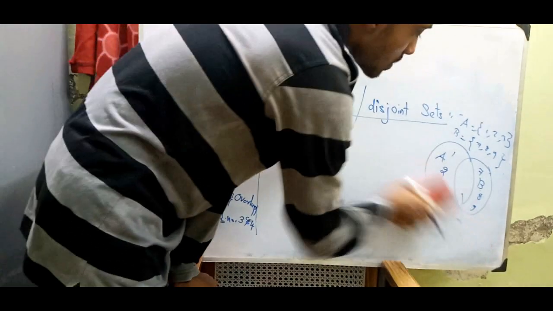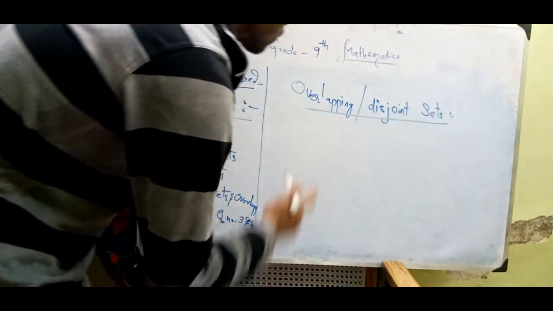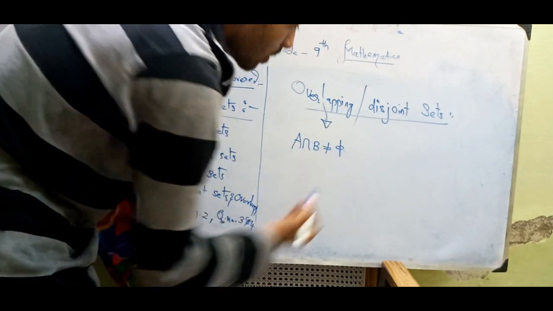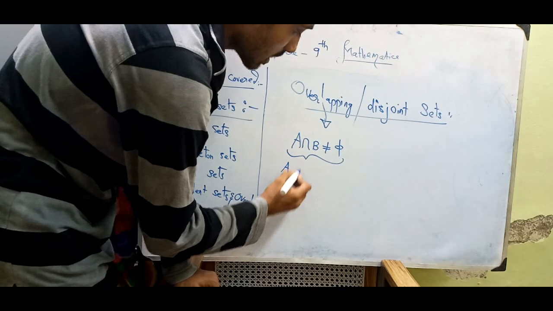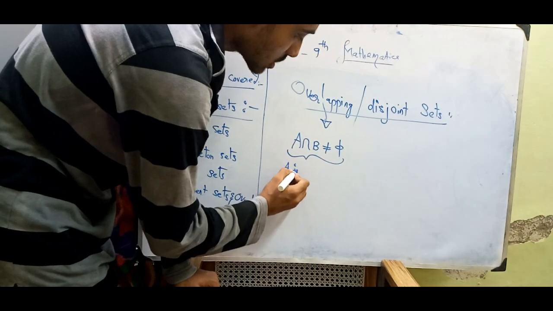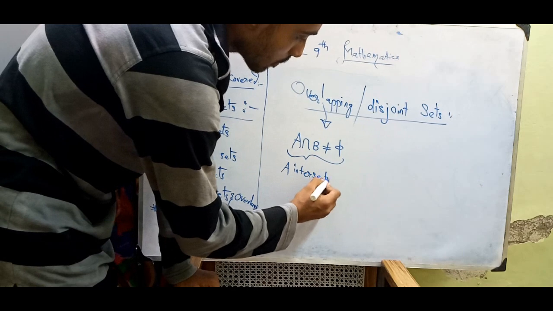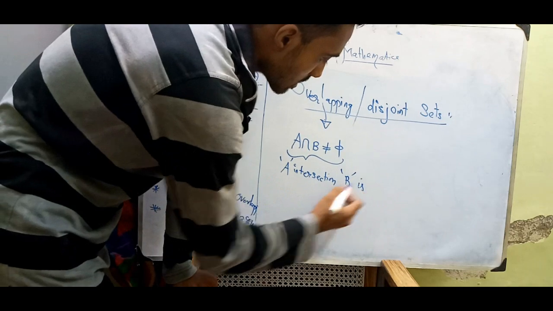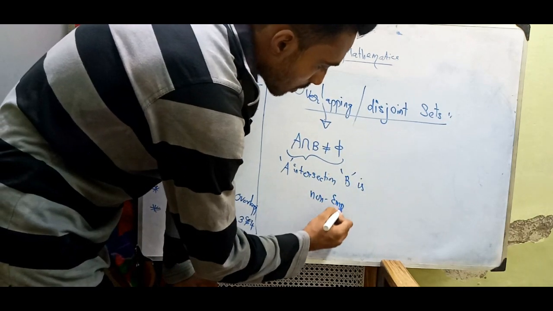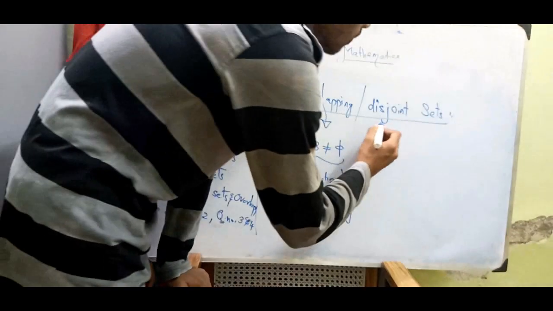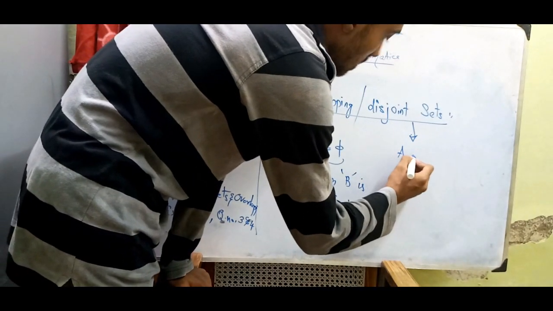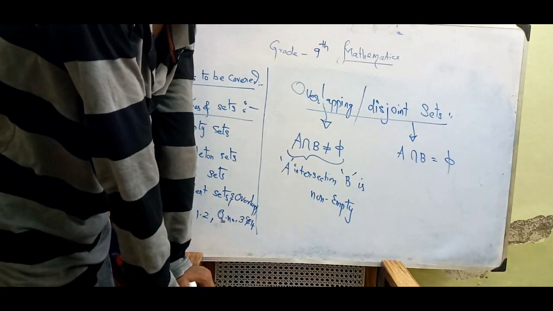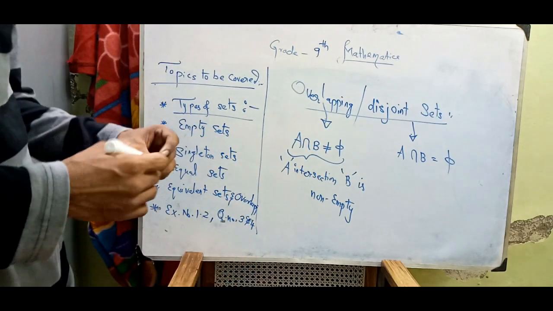And there's a symbol which we use to denote this. Okay, so for overlapping set, A intersection B is non-empty. This symbol is denoted as intersection. A is a set, A intersection B set is non-empty. Then only we can say it is an overlapping set. And for disjoint set, A intersection B is empty. Surely it is empty or void set or null set, we can say. Okay, let us move to the